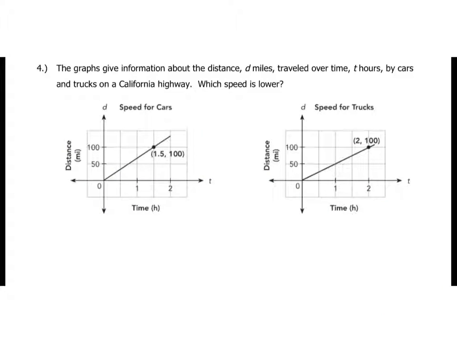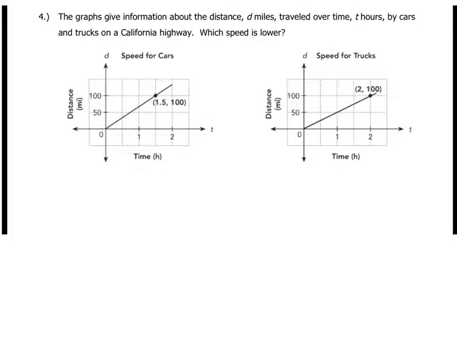And the graphs give information about the distance, d miles traveled over time, t hours by cars and trucks on the California highway. Which speed is lower? You're going to do the same thing as we did before. How much does it rise over how much does it run? Well, it goes up 100 over 1.5 hours. So 100 over 1.5, but I want to know over 1, what does that become? The quick way to do that is to divide 100 by 1.5, and you end up with 67-ish, so right around 67